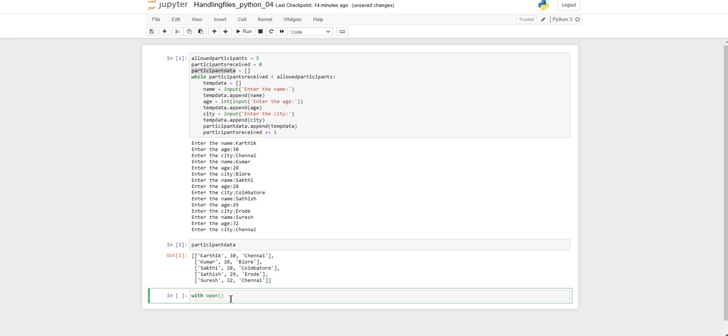With open of participant data.txt, w as obj. Okay, we have to loop through the participant data list.